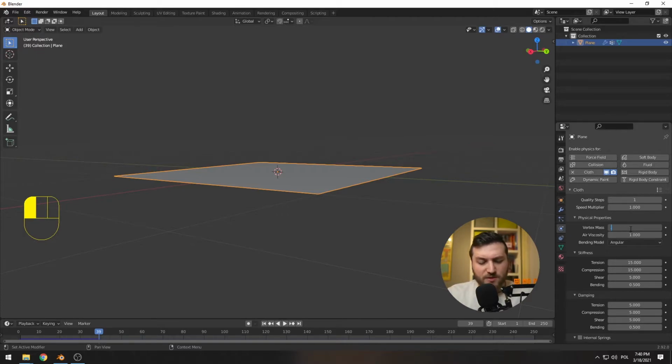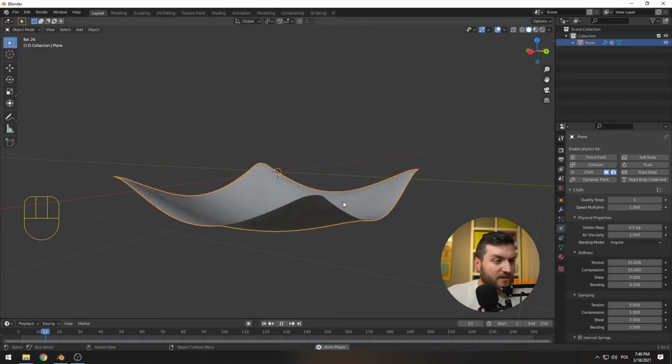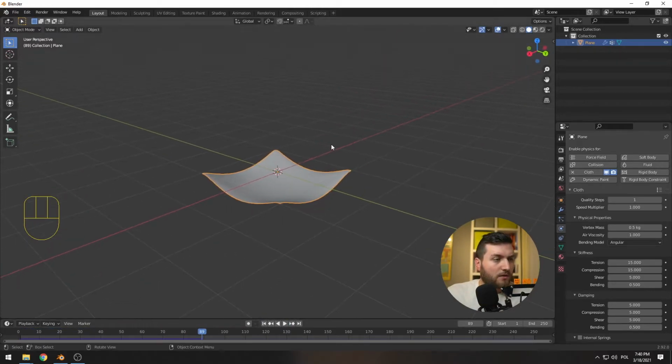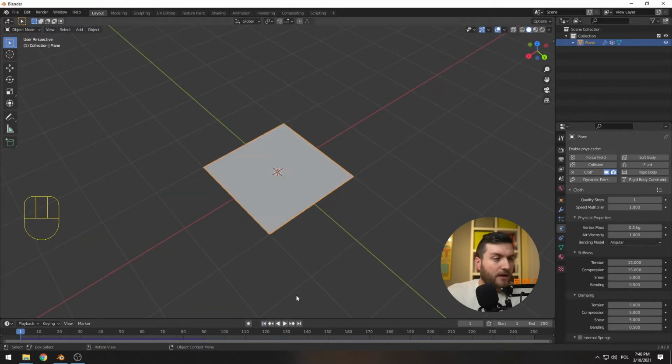My proposition is to go to around half a kilo. It's going to give us a little bit more vivid results. So yeah, we have this. Now, what can we do to use this kind of cloth to create something crazy? Well,